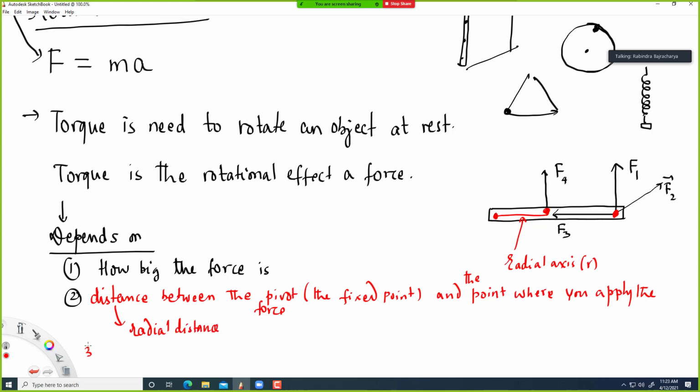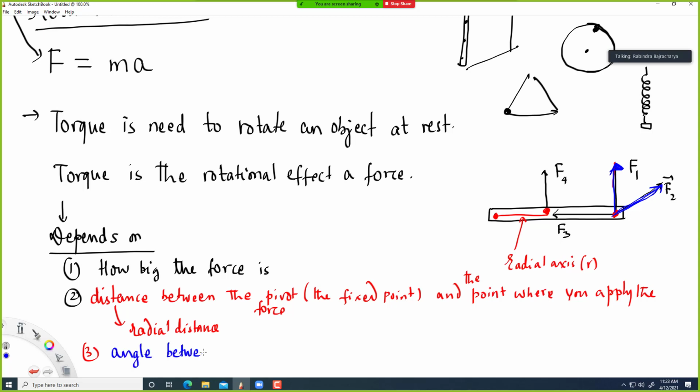Now the third one is in which direction you apply the force. Okay, so you apply the force in this direction, perpendicular to this radial axis, and in this direction. From your experience, you can say that this will produce more rotation, more rotational effect, more torque. So that means it depends on this angle